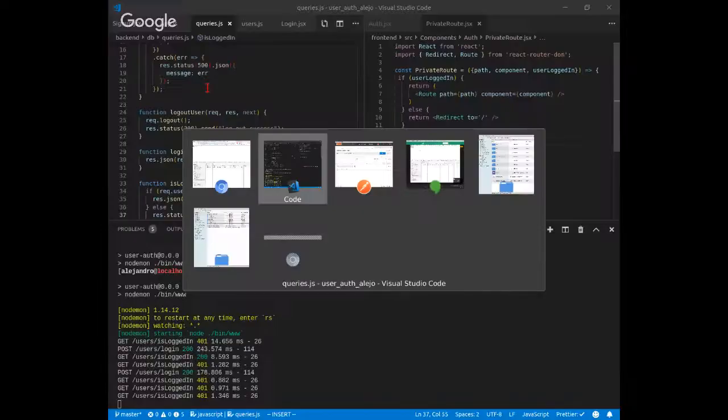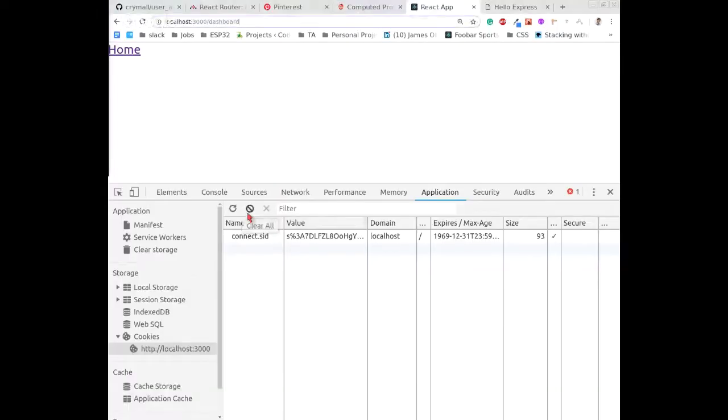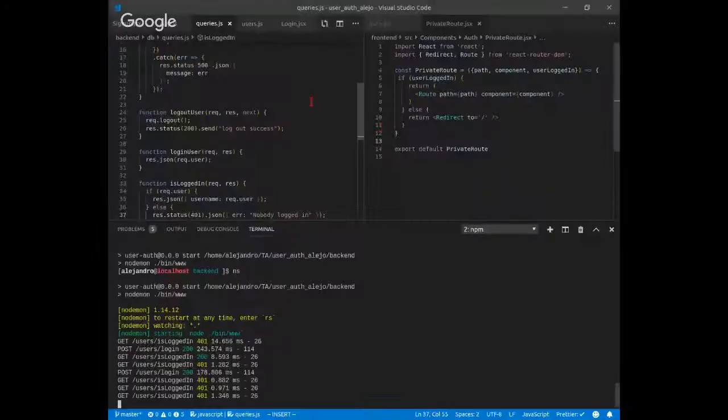Oh, I think we don't have a component called dashboard, I think. But